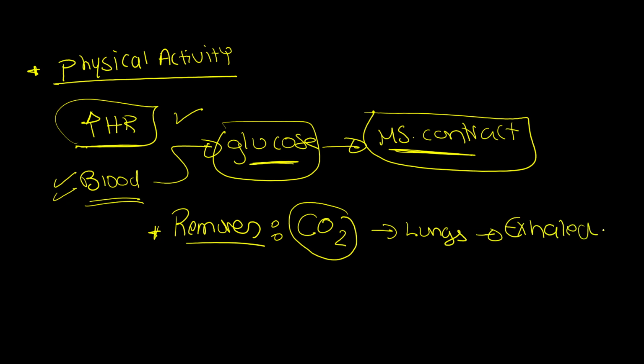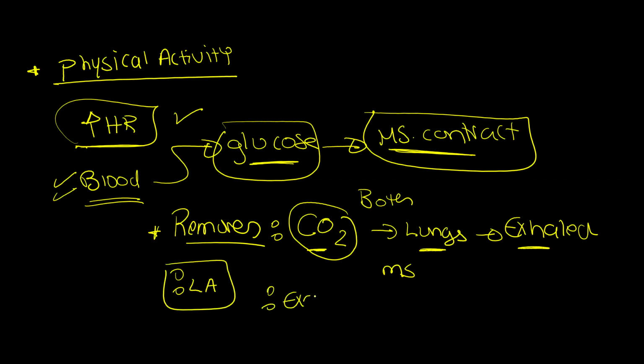Before you ask me, because some students get confused, they tell me, the carbon dioxide, who will remove it? The blood or the lungs? Both. The blood carries the carbon dioxide from the muscles to the lungs, and then at the lungs, it will be exhaled out into the air. So the blood and the lungs work together. The blood removes excess carbon dioxide. It removes lactic acid, and we will talk about lactic acid in a minute, and it also removes excess heat. Don't forget these points because we want to score the full mark.